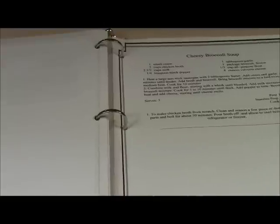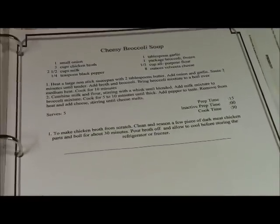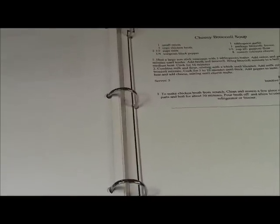So I wanted you guys to see how the cookbooks start from scratch. I put them in my program that I use to write the recipes in, and I just put them in this folder, the 3-ring binder, and put it out like that until I get through proofreading everything,